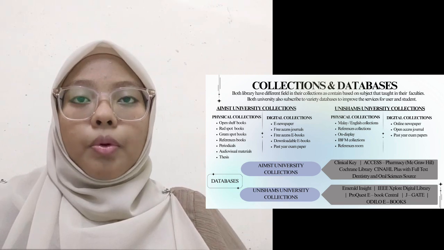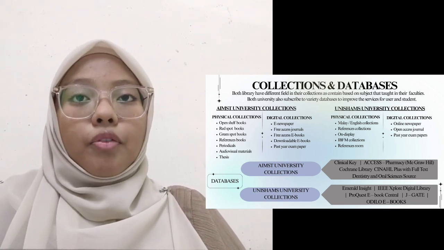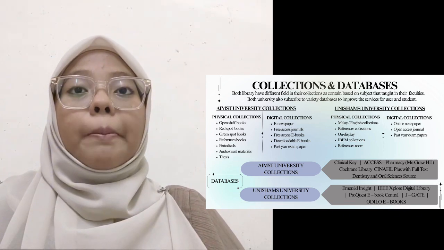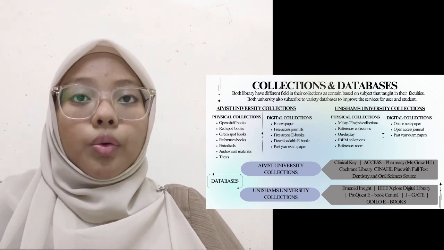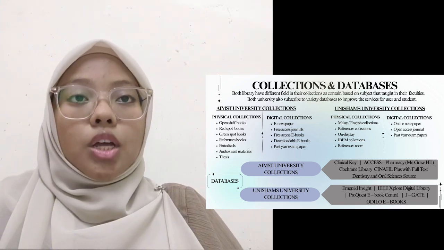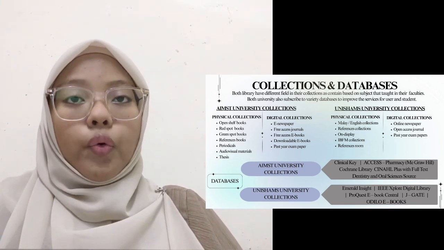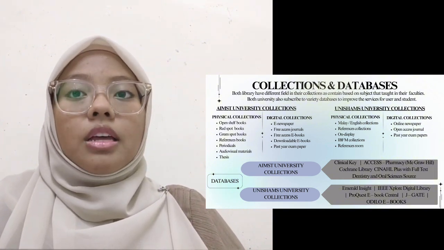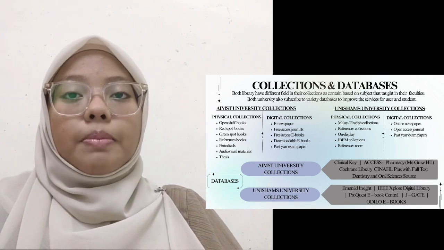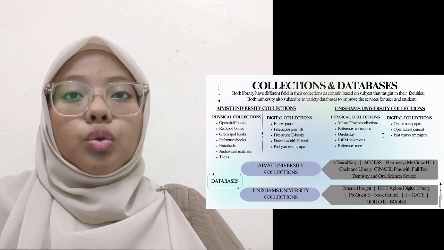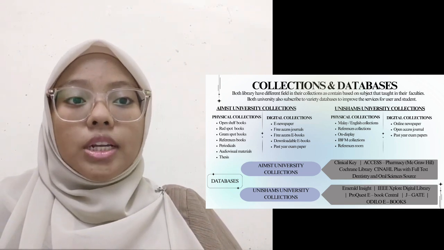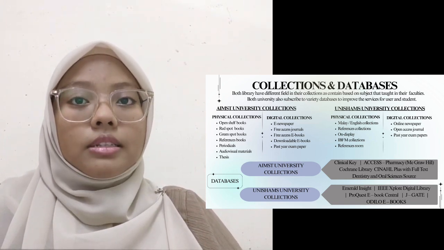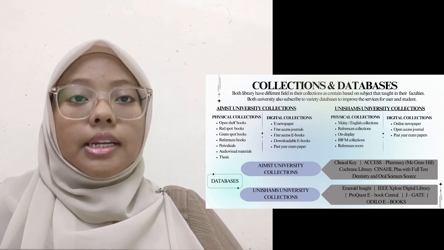For users to get access to digital collections, both libraries have provided their own OPAC or web search to assist users in retrieving and accessing the digital collection. So basically, the databases are provided to let users and students explore more knowledge for their subjects in the faculties. For the Ames University collection, they have